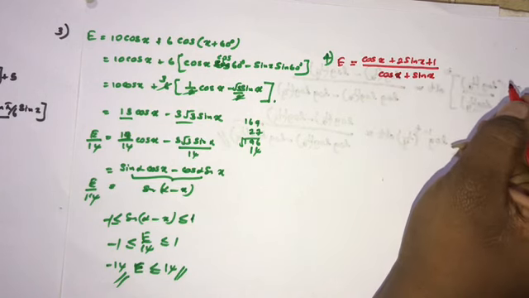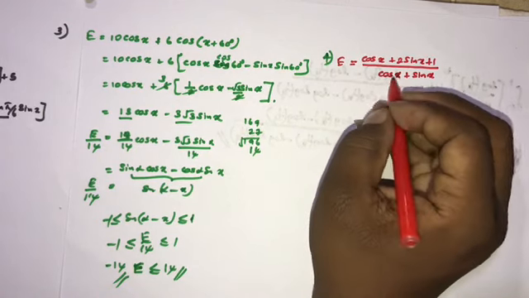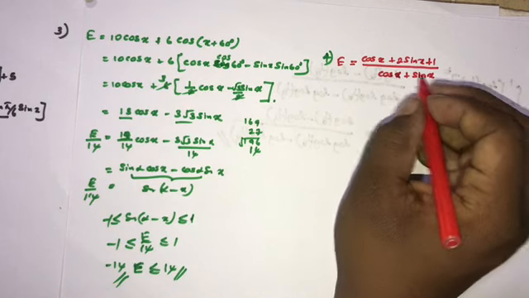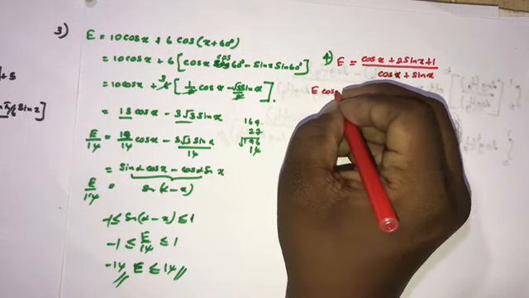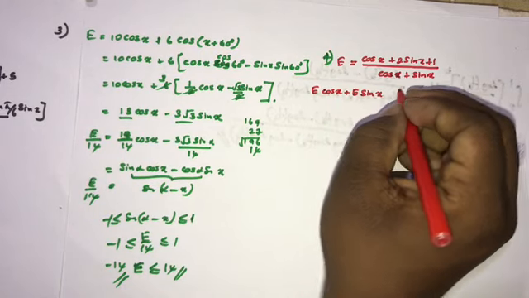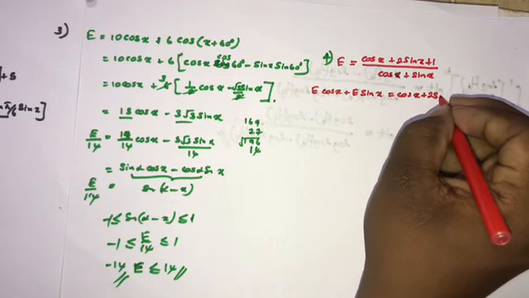Well, now what can we do? Okay, we can multiply by cosine of x plus sine of x on both sides, so E times cosine of x plus E times sine of x is equal to cosine of x plus 2 times sine of